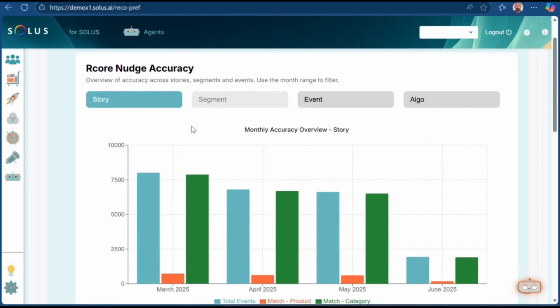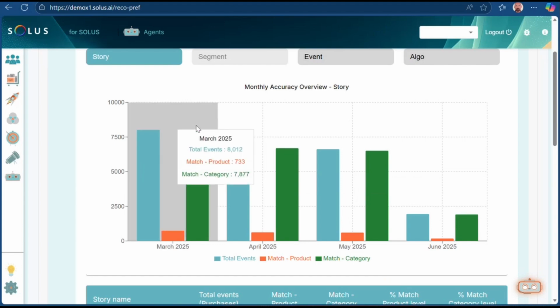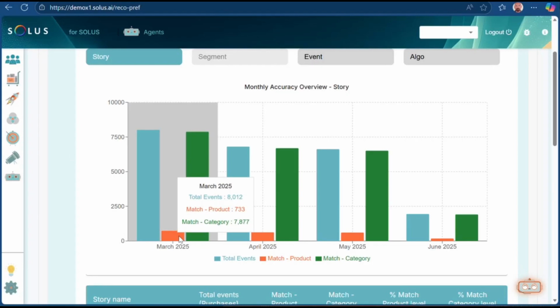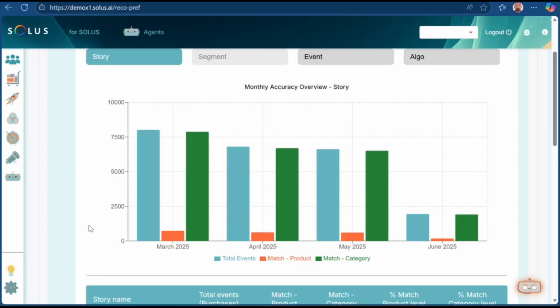But I could also look at some very specific things like a nudge accuracy, which is how well did this nudge work? I sent out messages using a certain kind of recommender to a bunch of people. How well did it work? In how many cases did people buy the same product? Okay, that could be, let's say, about 10%. Okay, in how many cases did they buy the same category? Now that could be a lot higher. In how many cases did they buy the same brand? That could be somewhere in between, right?